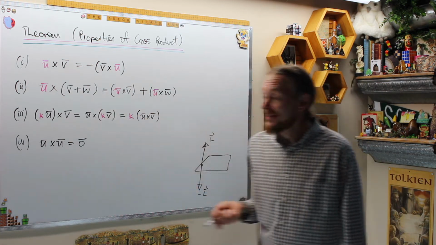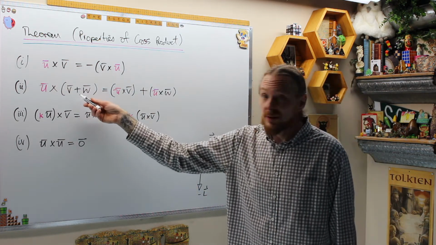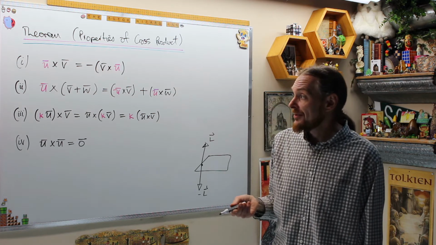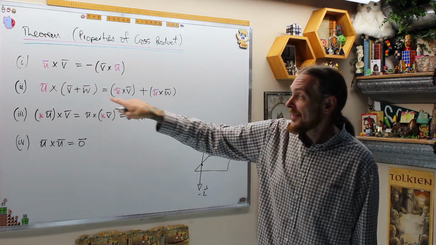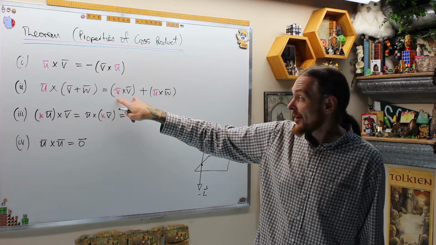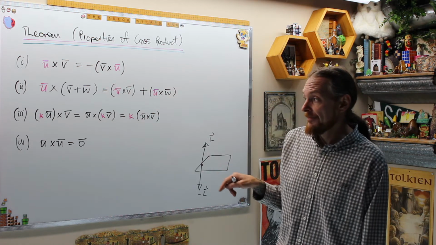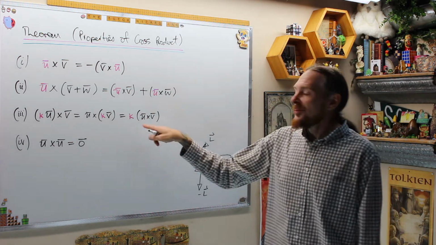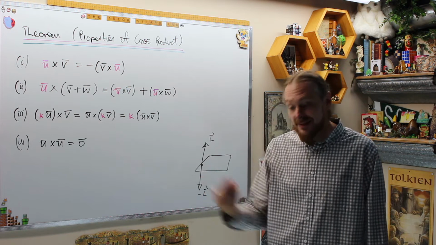What number 2 says is cross product distributes over the sum of two geometric vectors. In particular, notice that it says it's going to be U cross V plus U cross W. The third one tells you, once you see how we compute this, and we do this in the last scene,